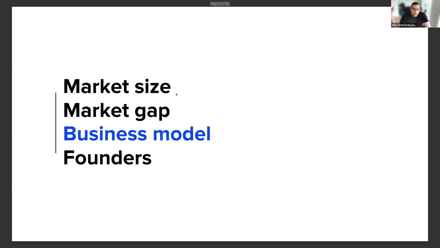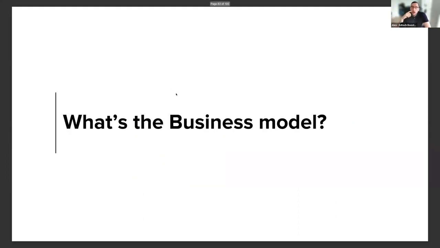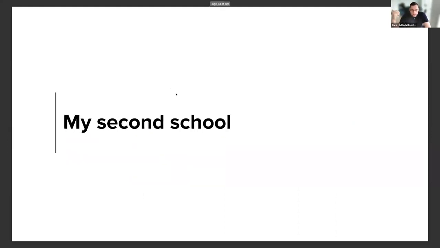So now let's speak about business model. This is the third thing which we do. What is a business model? Let me give you an example and one more story about myself, how I failed to have a business model. I told you a story, I showed you a picture when I was a tutor. I had about 50 clients. And when I had about 50 clients, I realized that I have no time to accommodate more clients. So I realized that I need to open a school.